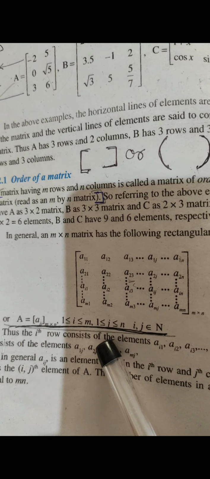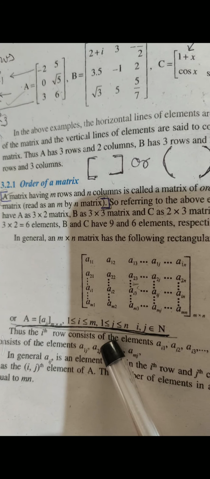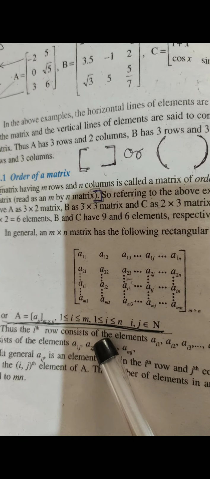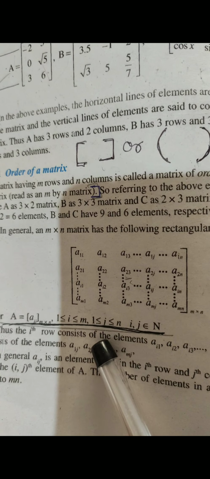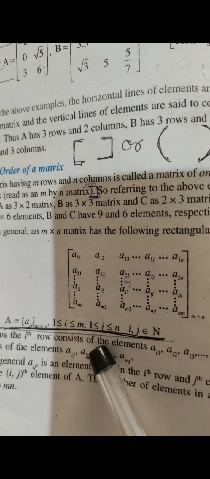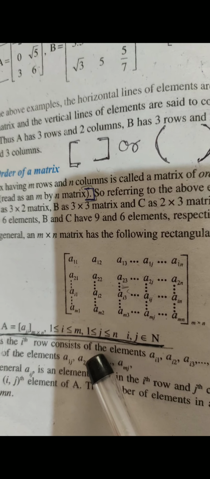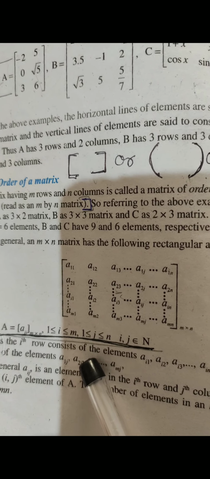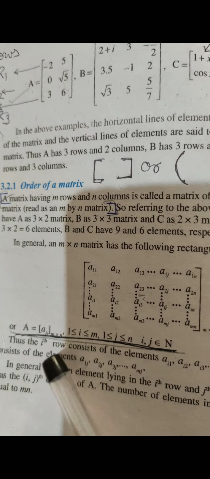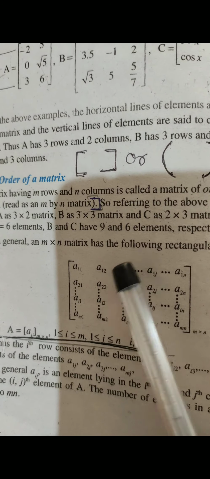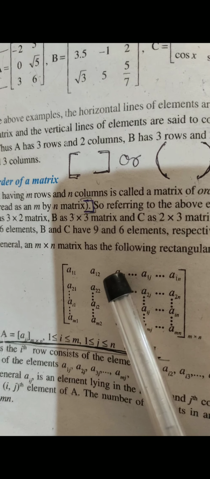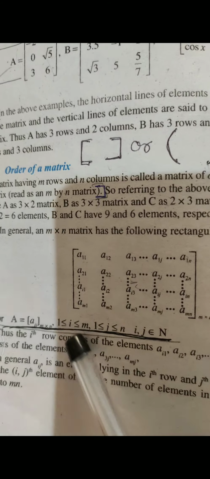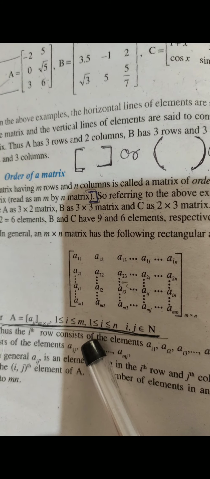Last year in 11th class you learned the topic sets. When you first started, you first saw the definition, then representation, then its types, then you saw the operations. In the same way we will proceed with this topic, matrices. What we have learned up to now: what is a matrix, what is the order of a matrix, how to show the position of any element, which row and column it lies in, and what is the analytical representation of a matrix.